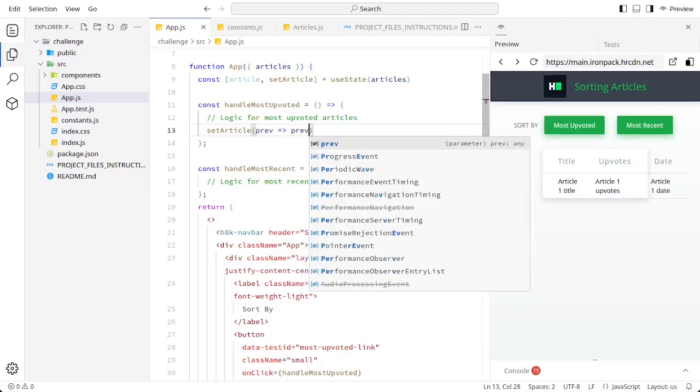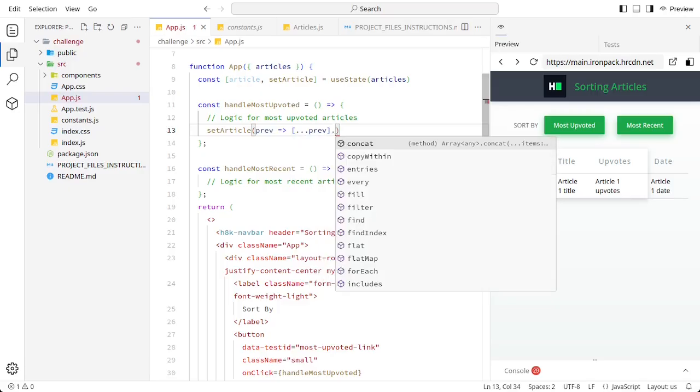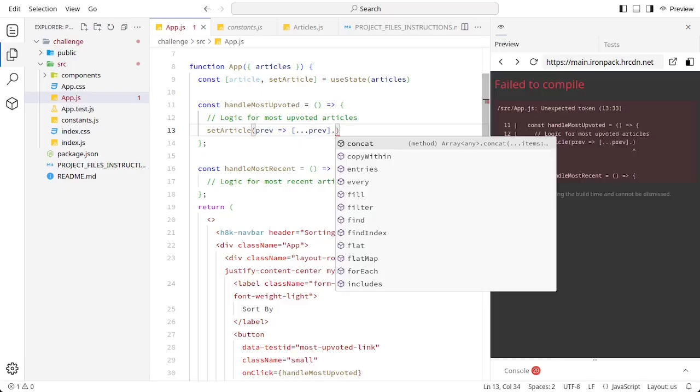But we are not going to pass it in like this, but instead we are spreading the previous array to update, not directly mutate it but by updating it, and then chain it with the sort